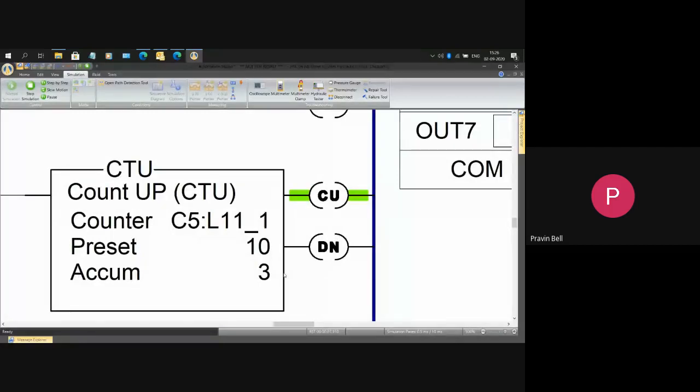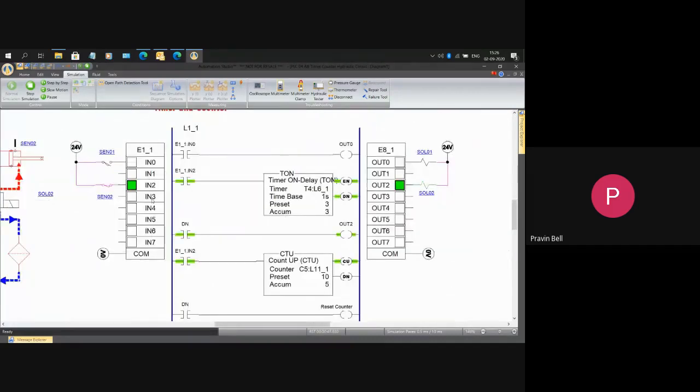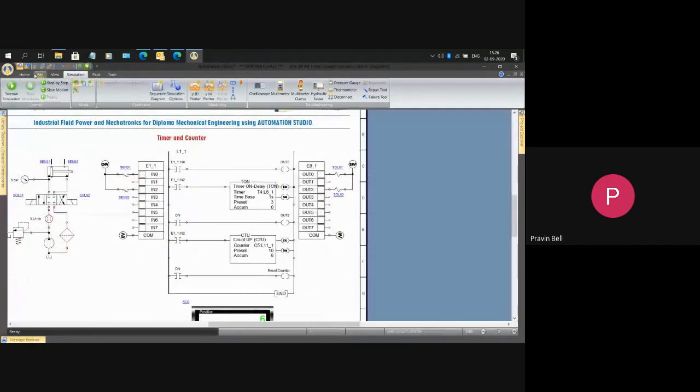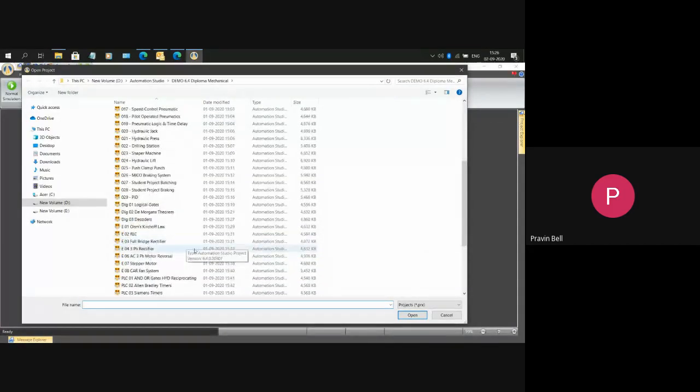Every time the piston hits the end position, it gives one incremental count. When it reaches 10, it resets the timer counter again. So such type of PLC based practicals are there, and very typically we've seen practicals in PLCs for washing machine and traffic light. So before closing my demonstration, I'll show you those.